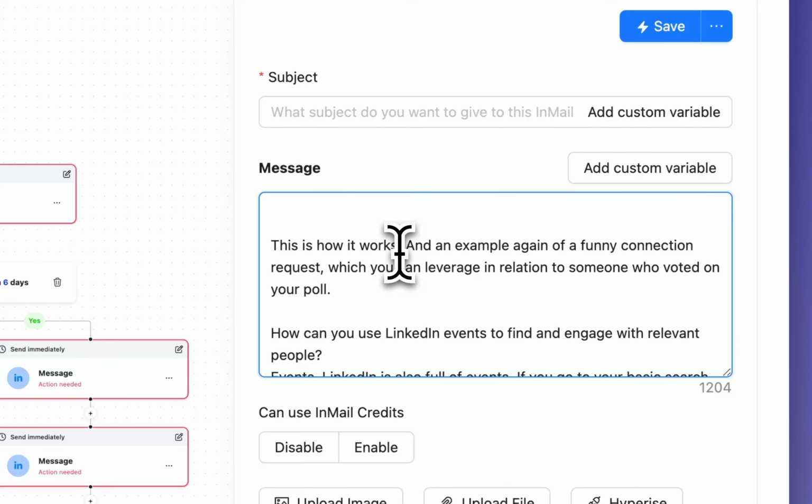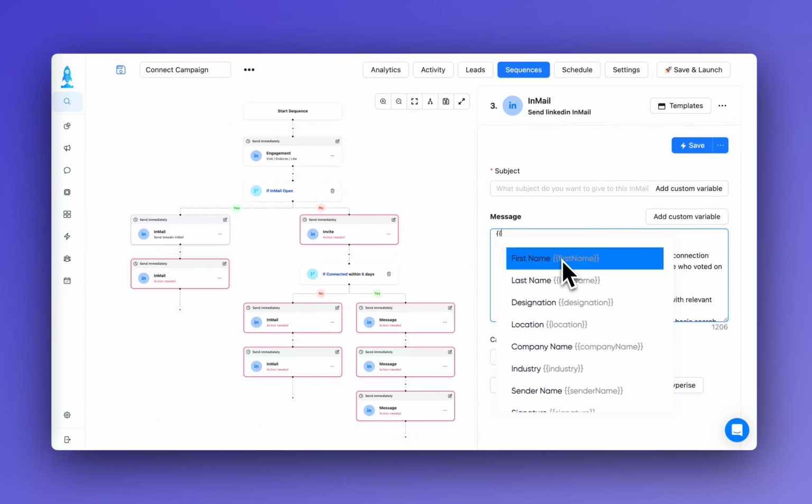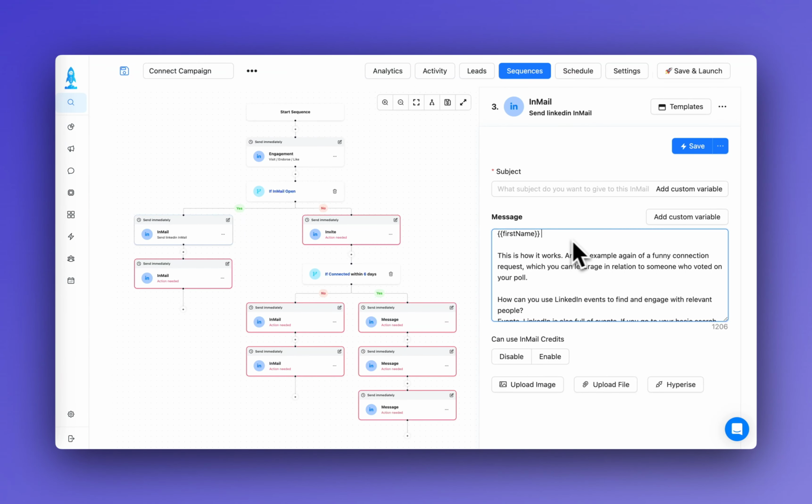If you want to add them, you can just type them too, and then add any custom placeholder here. Put on the subject line here. You can also upload an image or PDF files. If you're using Hyperise for hyper personalized images, you can send those with your email, or you can disable